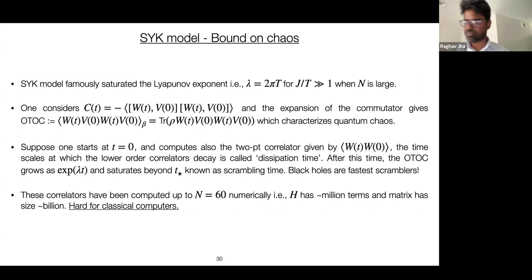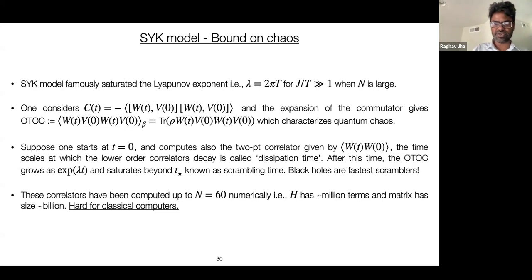There's another thing which we computed, which is the more interesting thing, which is obviously related to the 4-point correlators. So for the SYK model, you can rewrite 4-point correlators of some operators, and then you can look at how it grows. For example, there are different time scales called dissipation time, scrambling time, and you can try to find out what the Lyapunov exponent is. If you are at very large n and at very small temperatures, you'll find that the Lyapunov exponent saturates the upper bound, which is given by 2 pi times temperature. And even though we cannot go to very small times or large n, we tried to compute the OTOC on